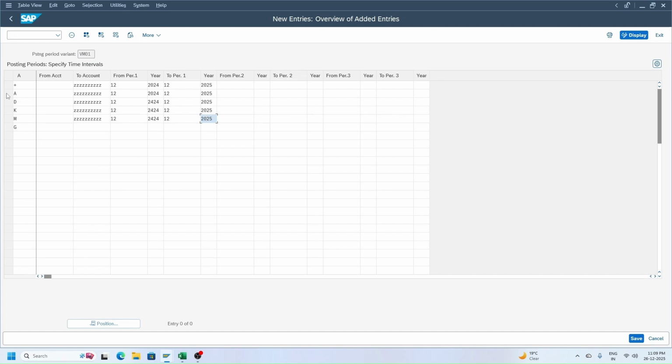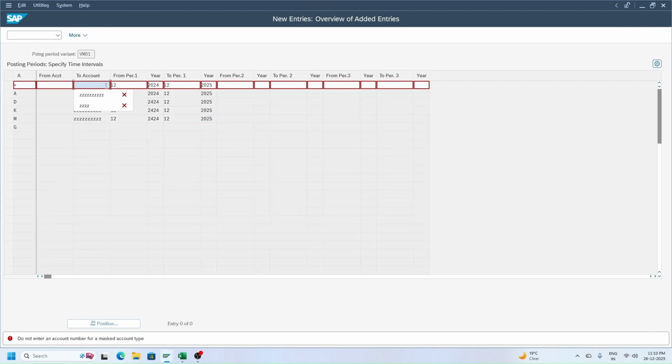From account blank means the lowest GL account of that account type. ZZZ means all accounts of that account type with no upper limit.